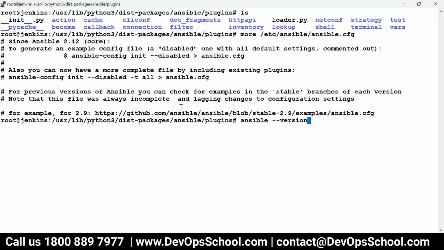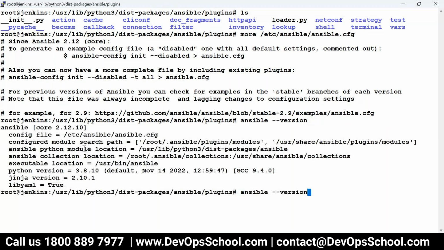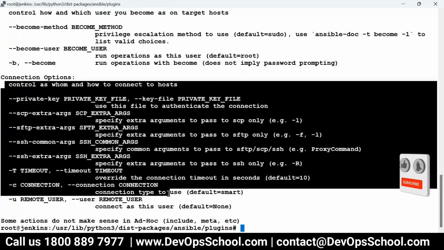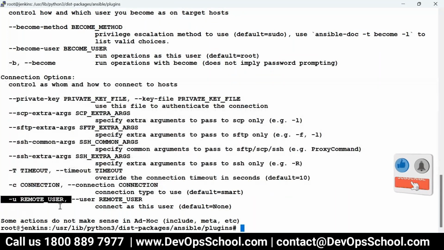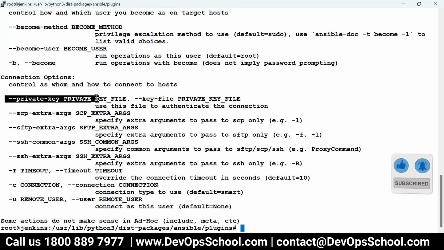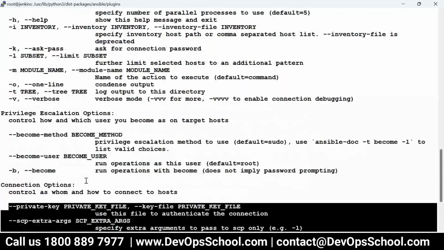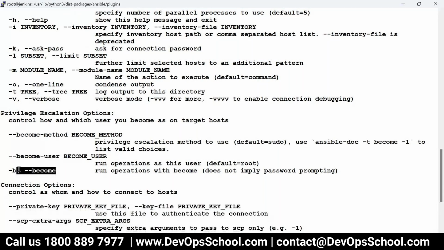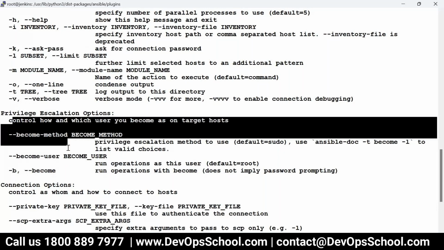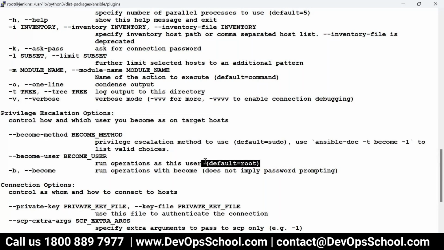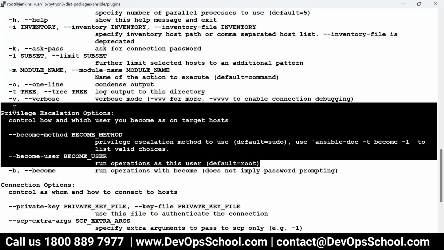So here, these are the options. See, the username, keys. These are the ways you can pass this username and password and all. And if you want to become sudo, there is become user, become. These are the authorizations, meaning getting more privilege. So these are the options. Now, what is the playbook